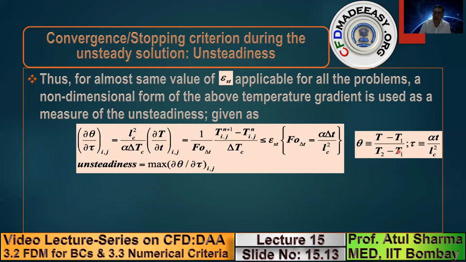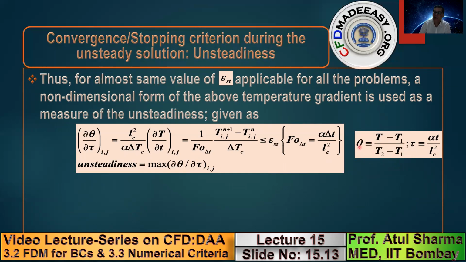This is problem dependent. If you have a problem where, let us suppose, the left wall is at constant wall temperature, the bottom wall is insulated, the right wall has constant heat flux, and the top wall has a convective boundary condition, then from the boundary conditions you know two temperatures. One is the left wall temperature, and second, in the convective boundary condition, there is an ambient temperature which is given. So you take that temperature difference in the denominator for non-dimensionalization.